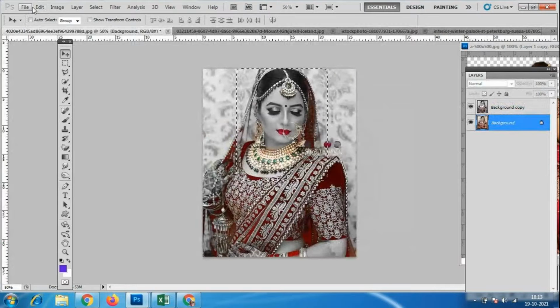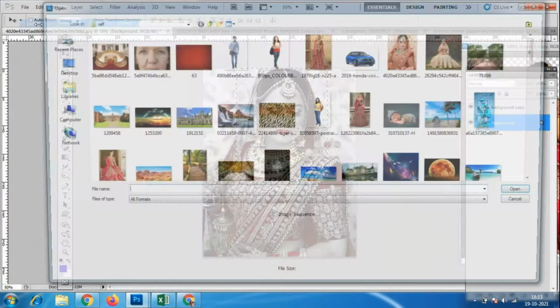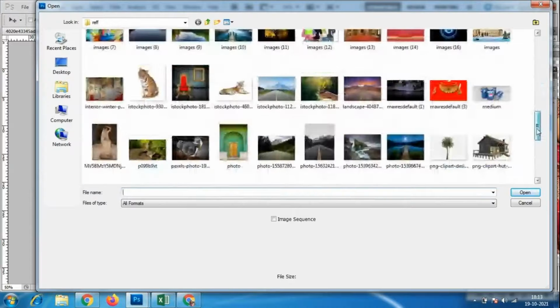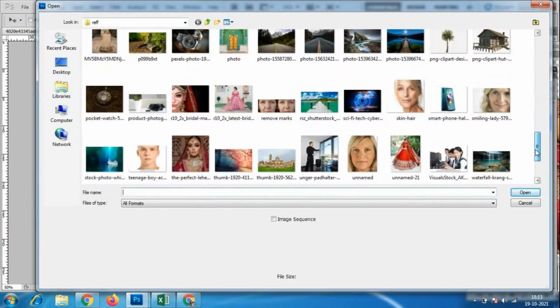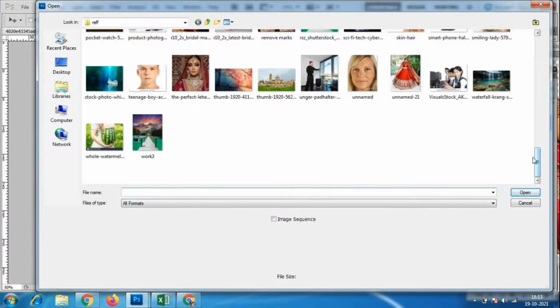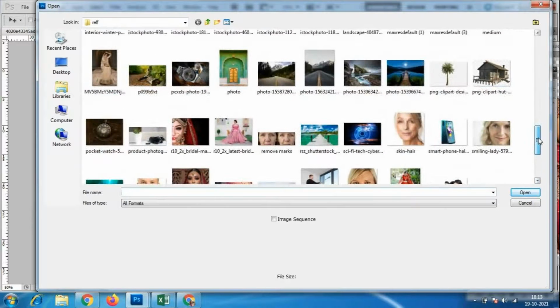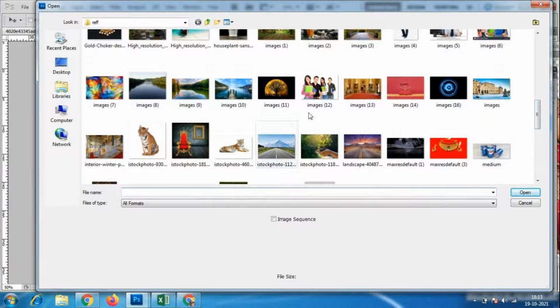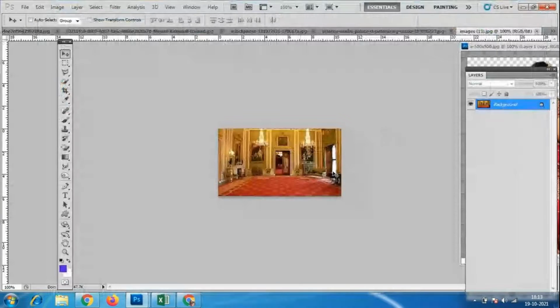Any other file you can take, cut the floor and make the changes. All these are related to image editing. Mainly Photoshop is an image editing software, so all these things are necessary when you are doing image editing.